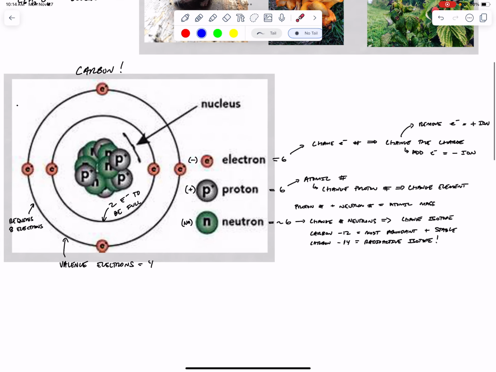You can see here, 1, 2, 3, 4. And if this shell were full, all of these electrons would be paired with another electron. So there would be 8 in total. Because carbon only has 4 valence electrons and it wants 8 electrons in its outer shell in order to be full,